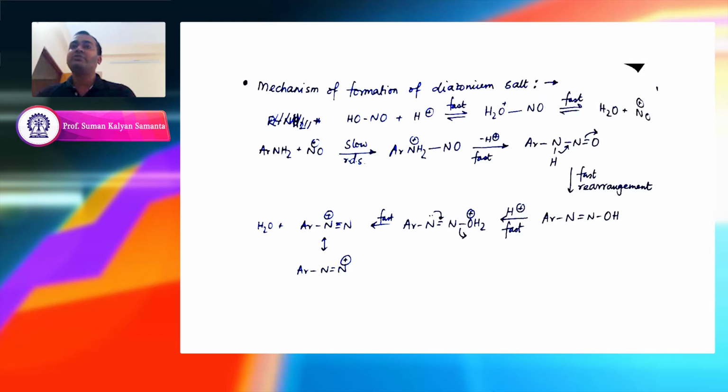You form this sort of intermediate, and then the proton will leave from here to give this one, which rapidly rearranges to form this diazohydroxide, and then again the proton will protonate to remove this one, so that you form this compound. Okay, this is your diazonium salt. This is here N+ triple bond N, or probably this lone pair will come, or this bond will come here, so that the plus charge can come here. So it can exist in both of these resonating forms.